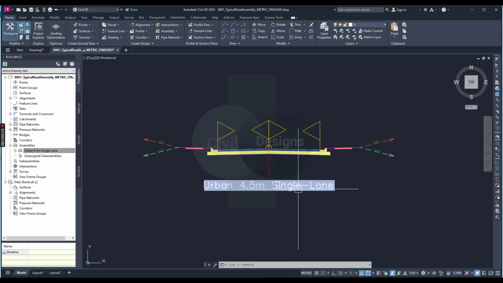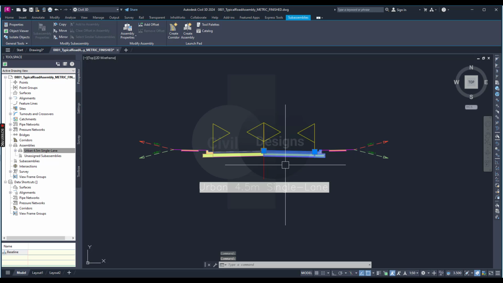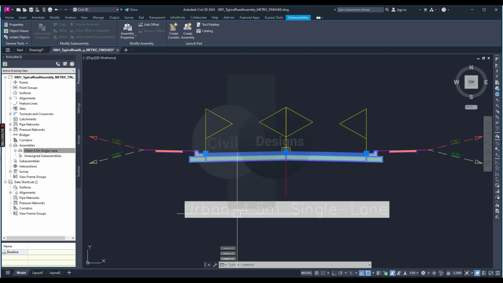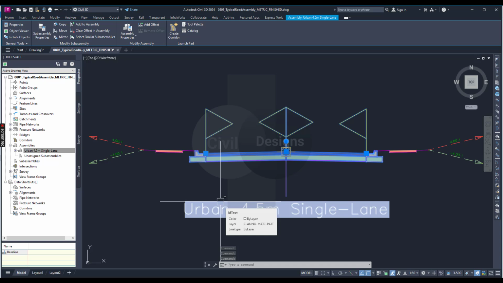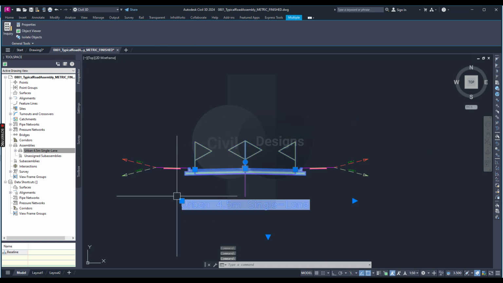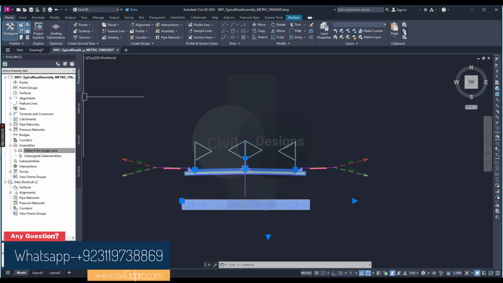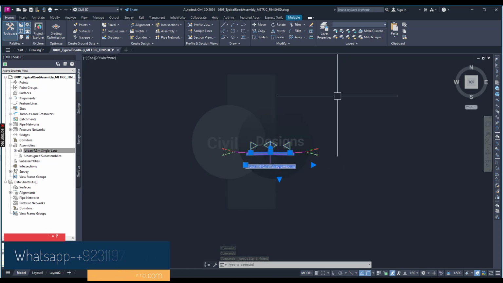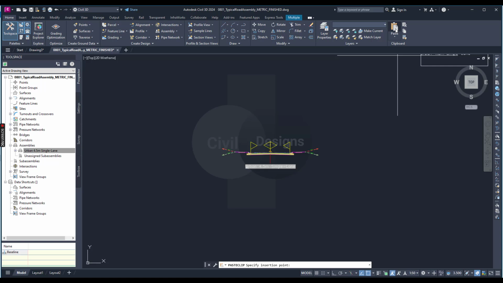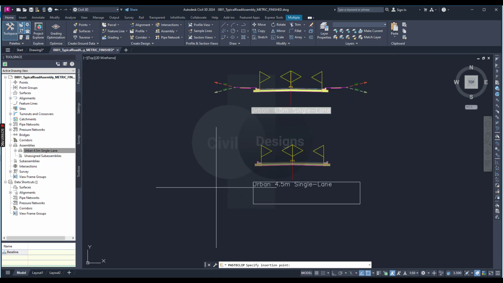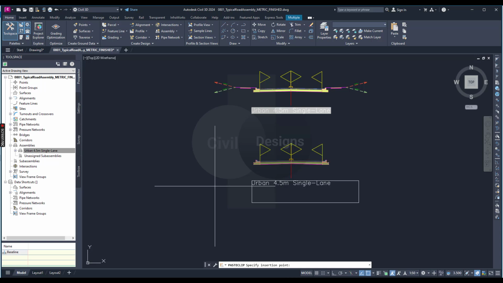Just select the lane, all curves for the right side and left side. Then also select the assembly baseline and text below. Then on the home tab, clipboard panel, here you will see copy clipboard, and on the home tab again, here you will see paste. Just pick a location under the urban single lane assembly to paste the copy assembly,